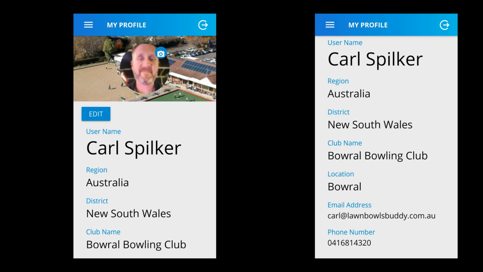It's very simple. Obviously you're entering your name, region, that'll change to country at some point, Australia, New South Wales, club name, Barra Bowling Club. When you select your club, it will need to be preloaded into the app. I have at the moment 39 clubs that I've already done. If you create a profile and your club's not there, please get in contact with me. You can see my email address there, and I can create it for you,